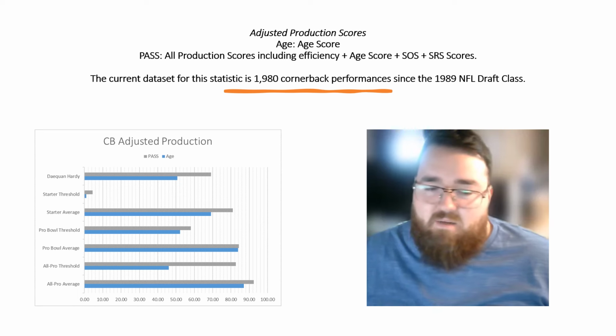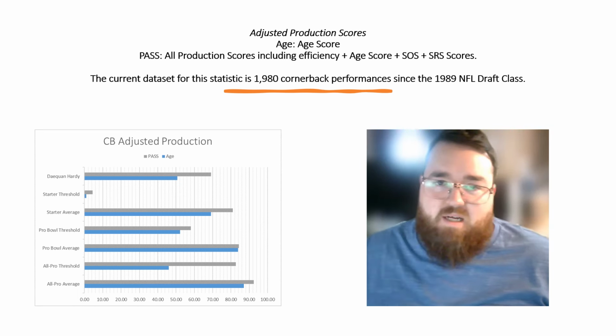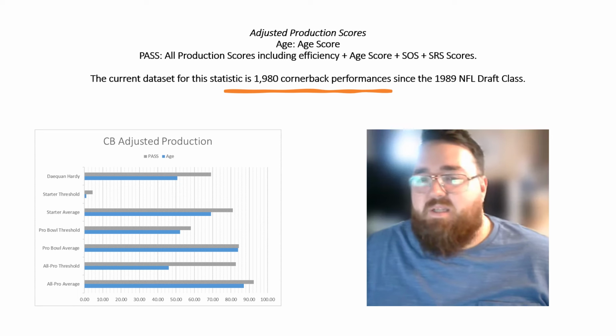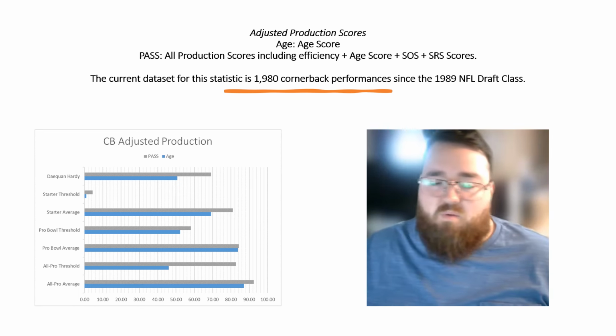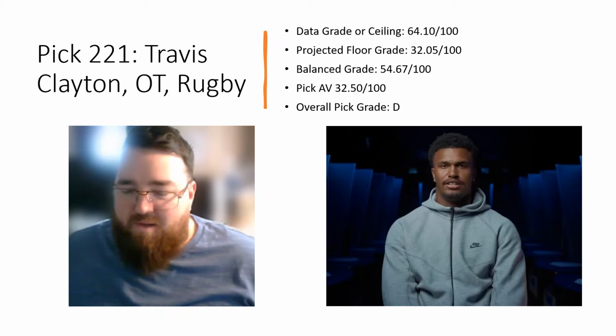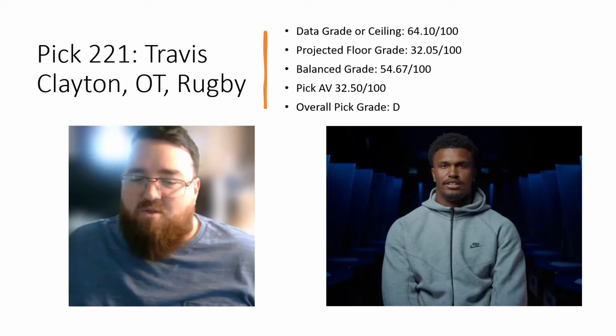But the biggest thing that really kind of hurts him is his solo tackle data, and those other traits that kind of drop him off. But he does have the potential to become a long-term starter with his athleticism traits, but this is not the best profile ever. Then, of course, we get to the last pick for the Buffalo Bills in pick 221, Travis